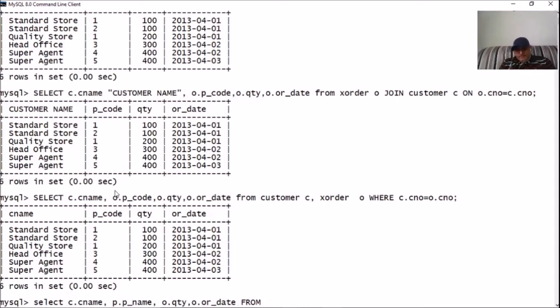From X order O, join customer, and the alias is C on O dot C number equals to C dot C number.